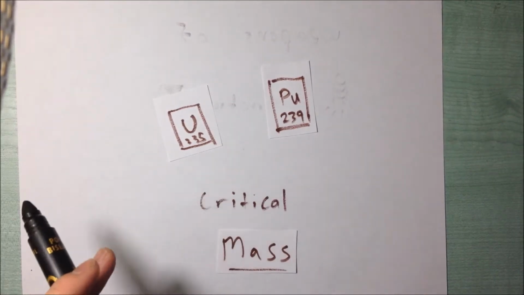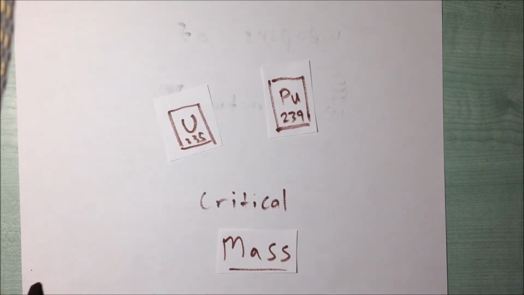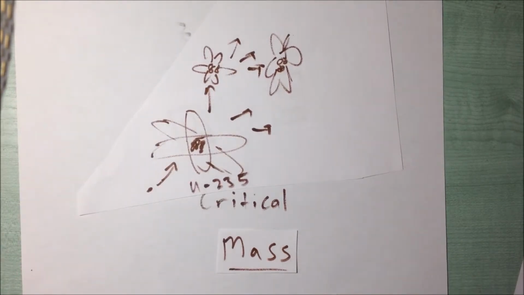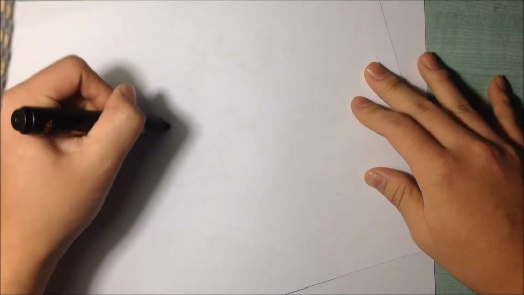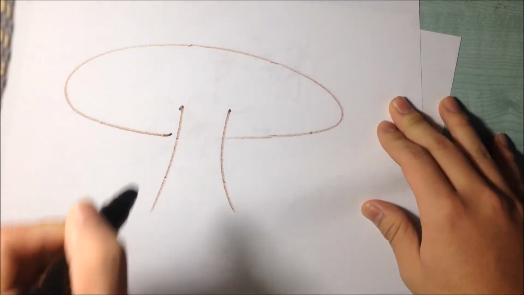The reason these two are used is because the nuclei release more neutrons when they break, increasing the chance to hit another uranium-235 or plutonium-239 atom. There are two recognizable major nuclear events, and those are the ones from Hiroshima and Nagasaki. There's no such thing as a small nuclear weapon, because a small nuclear weapon is called a power plant, where the power is harvested to create energy, to create heat, to boil water, to send through pipes to